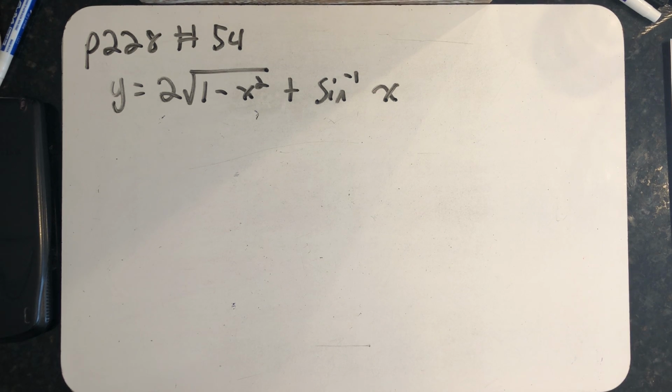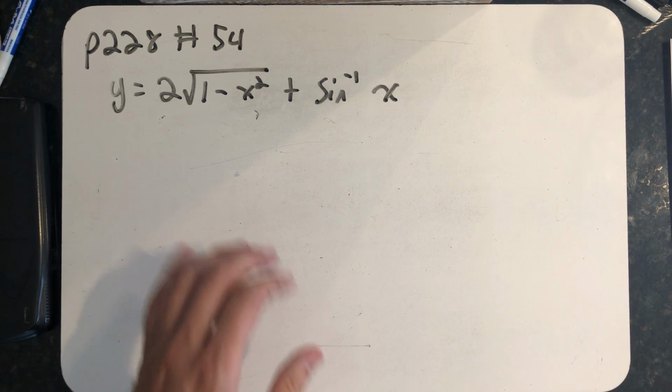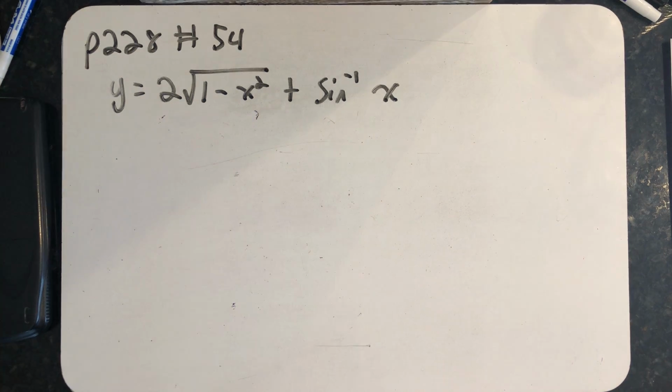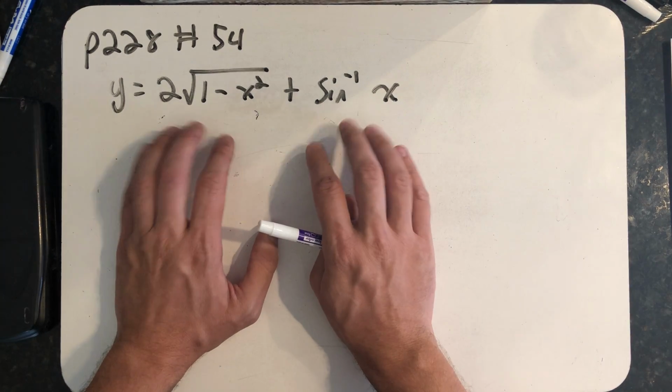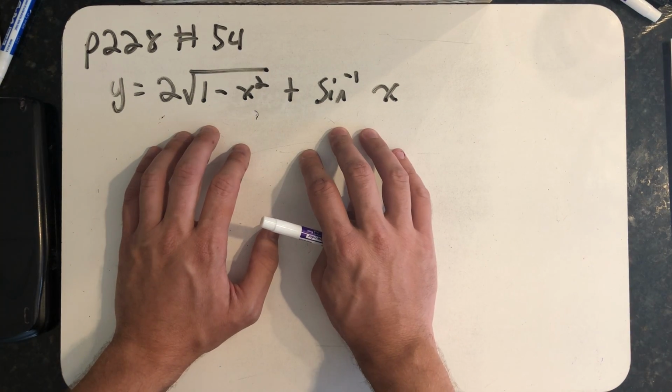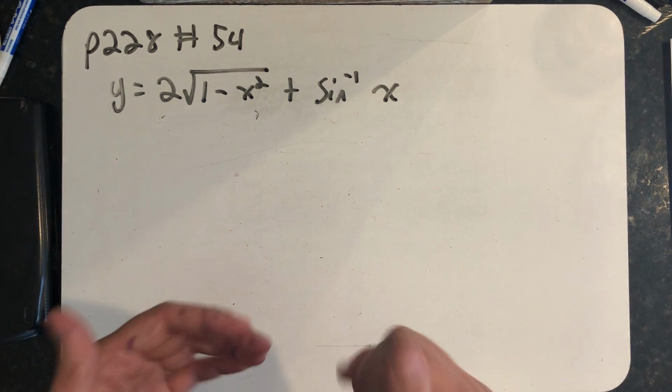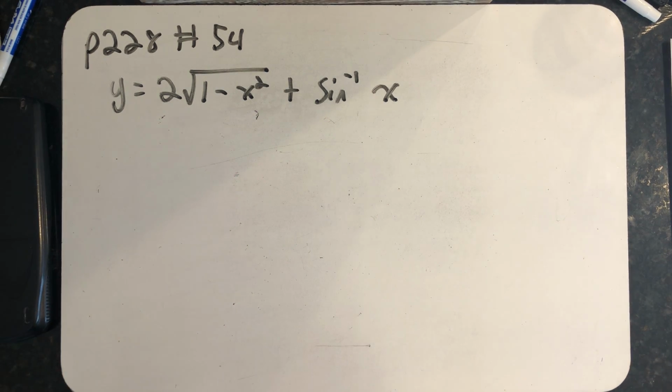On page 228, you will find problem number 54, which gives us this equation and asks us simply to find all of the critical points. So I'm definitely going to need to take a derivative and find anywhere where that derivative is undefined or equal to 0. But what I want to do first is actually write down the domain of this equation, because critical points are supposed to be on the interior of the domain, so I feel like I need to know what